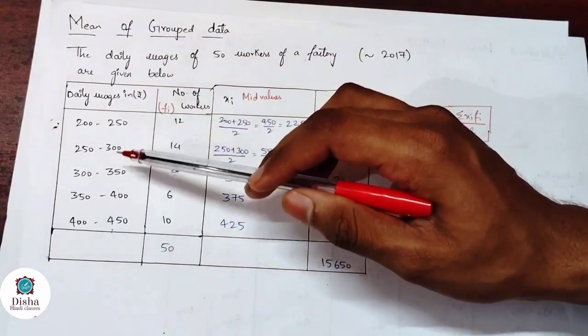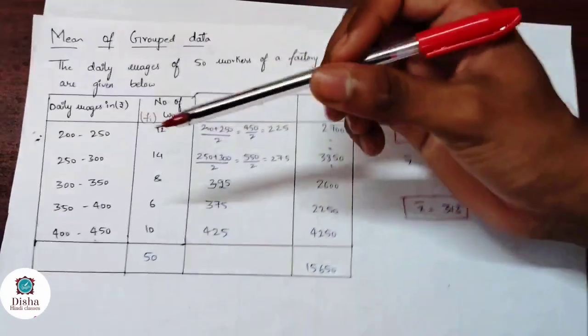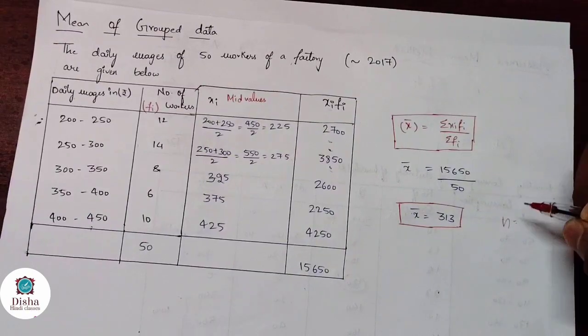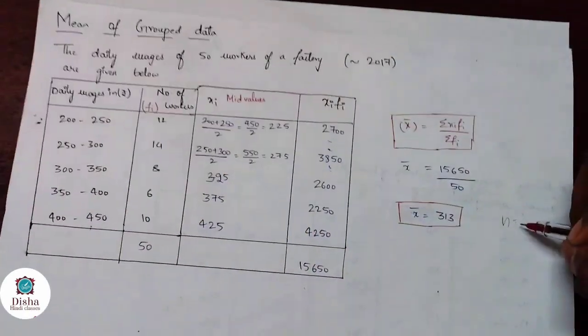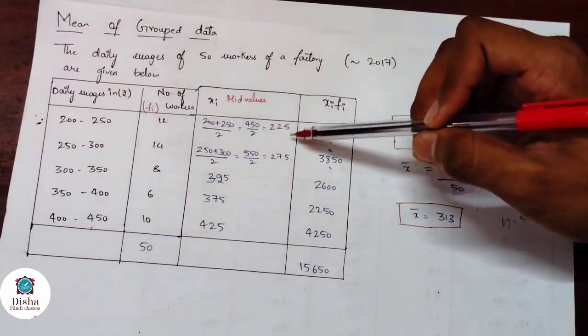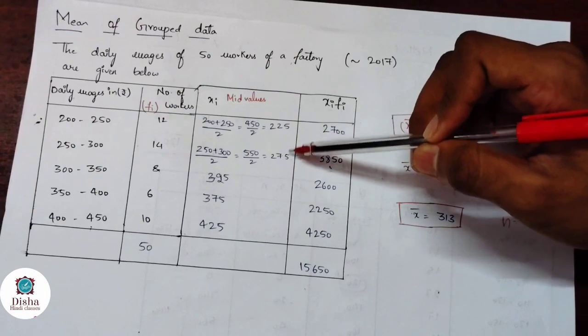So here we have the height. Height means the difference between the lower limit and the upper limit. So height will be represented by h. So here we have height as 50, right? Height as 50, and you can see the difference between the mid values, 225 and 275,